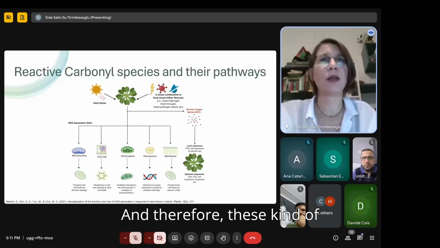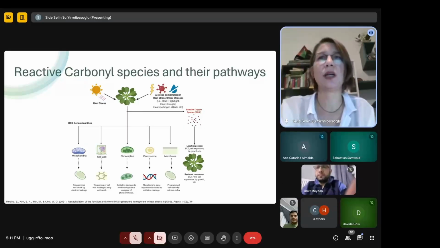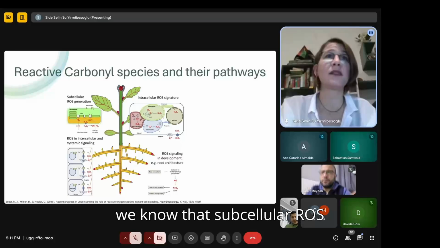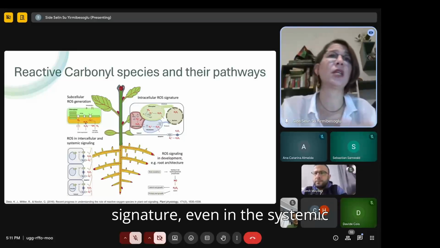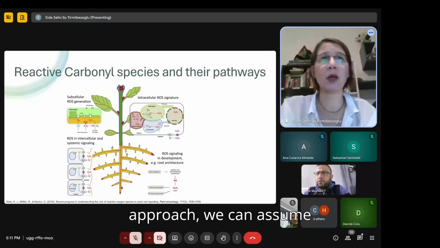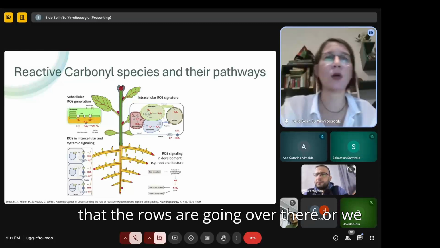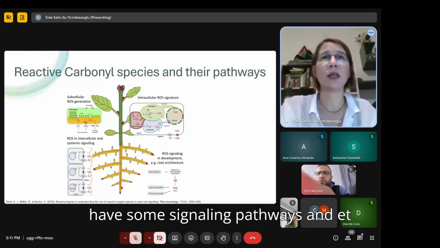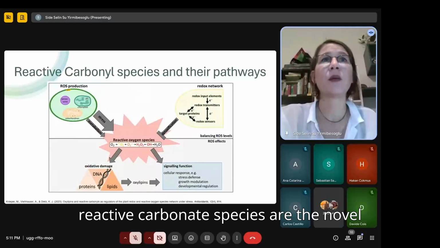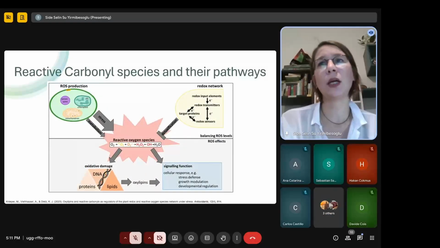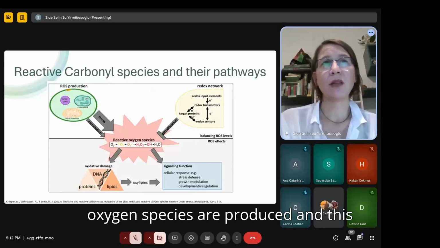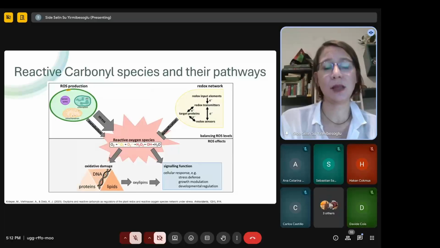And therefore, these kind of reactive species are studied very well. But nowadays, we know that subcellular ROS regeneration, intracellular ROS signature, even in the systemic approach, we can assume that the ROS are going over there, or we have some signaling pathways, etc. But we have to go deeper and deeper, and at that point, reactive carbonyl species are the novel players in the game, because we know that in the stress conditions, reactive oxygen species are produced, and this should be balanced